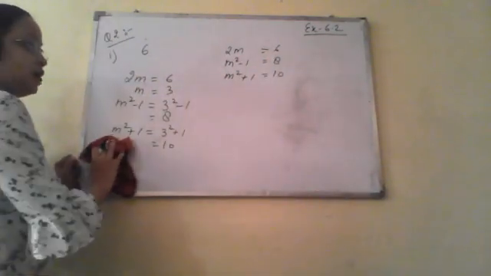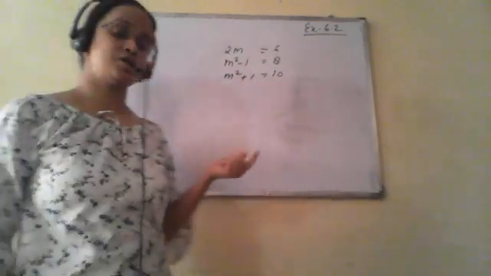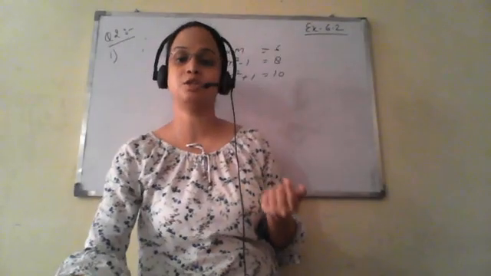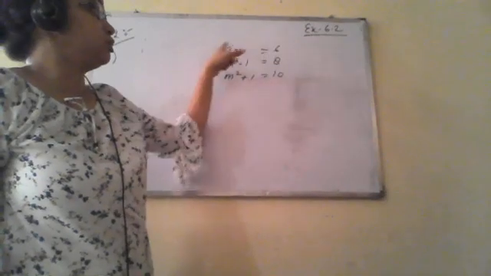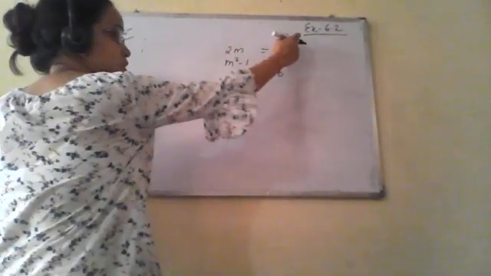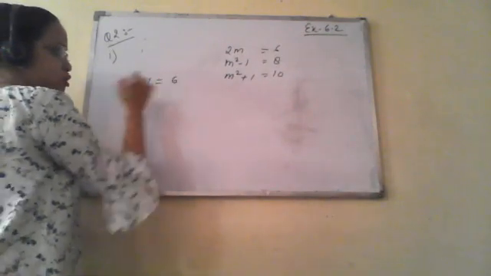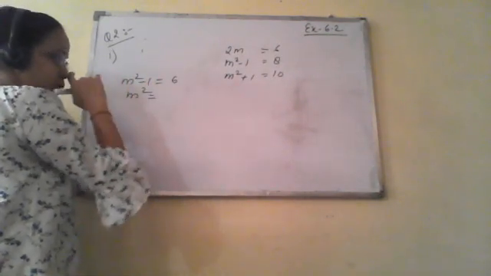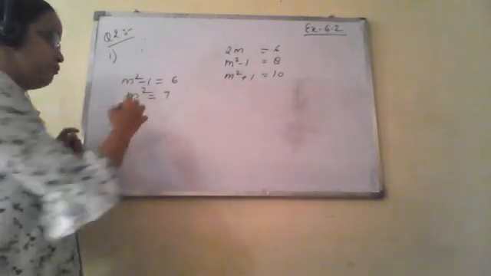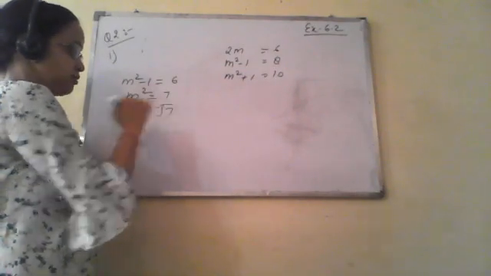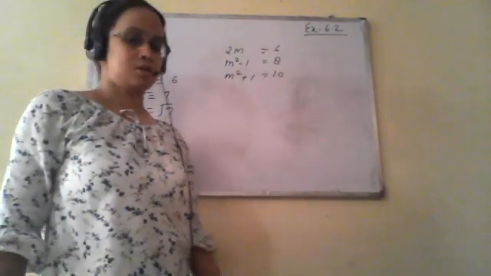Now one more thing can be checked, because in this they did not mention whether the given particular number is the smallest one or the greatest one. So you have to check with all the three possibilities. So we have checked with 2m. Now we'll see if the value of 6 is equal to m square minus 1. So if m square minus 1 equals 6, m square will be equal to 7. In that case, the value of m will come under root 7. So this is not possible. So we will go with 2m equal to 6. Clear?